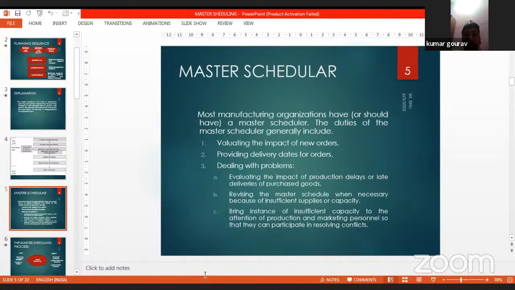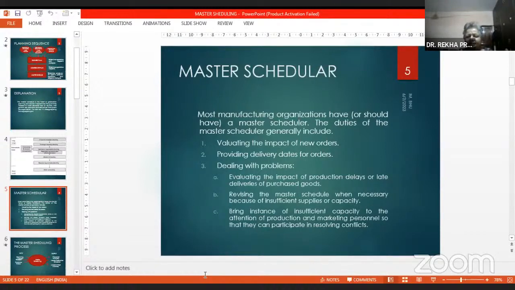B, revising the master schedule when necessary because of insufficient supplies or capacity. C, bring instances of insufficient capacity to the attention of production and marketing personnel so that they can participate in resolving conflicts. So it is the master scheduler who has to do all these things.